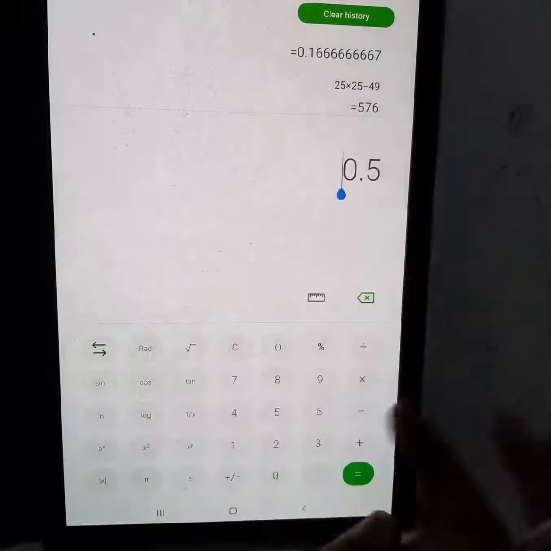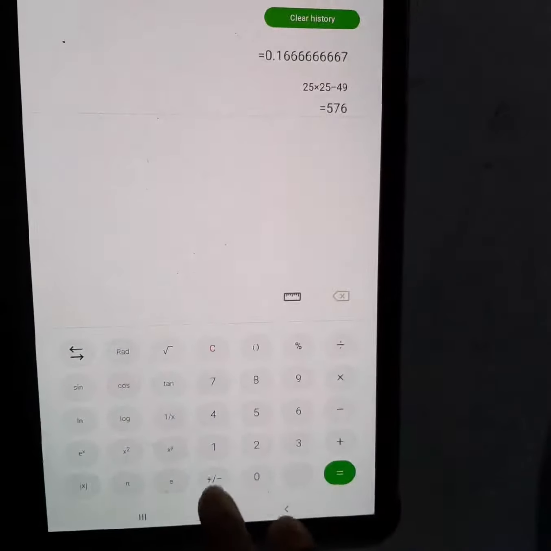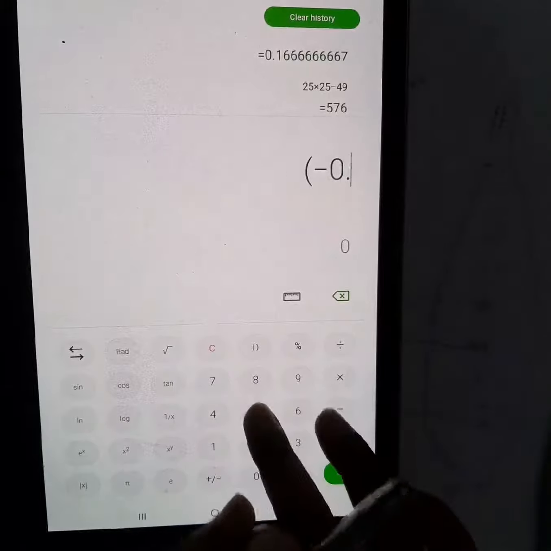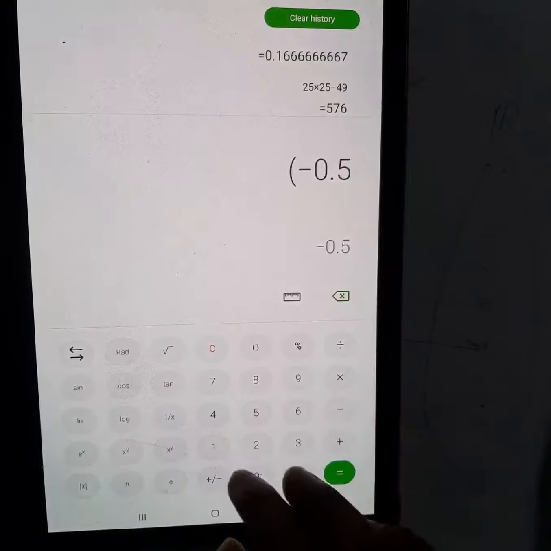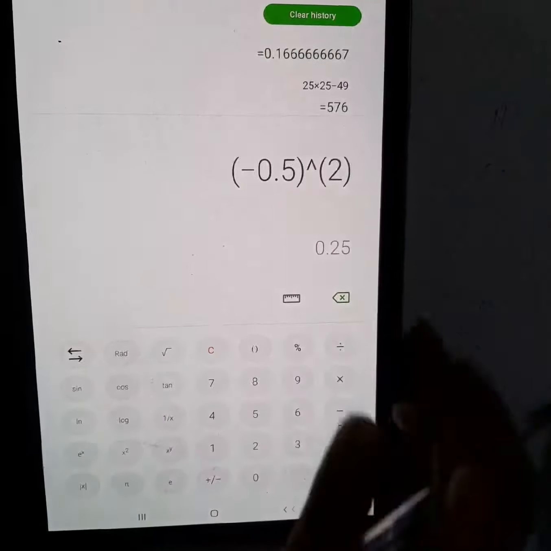Wait, I have to use the scientific calculator. Minus 0.5, I have to take the square, right? Square. You can see what the value is. If I take here minus 0.5, I will get 0.25. So 0.25 will lie somewhere here, right? So this will have an image here.